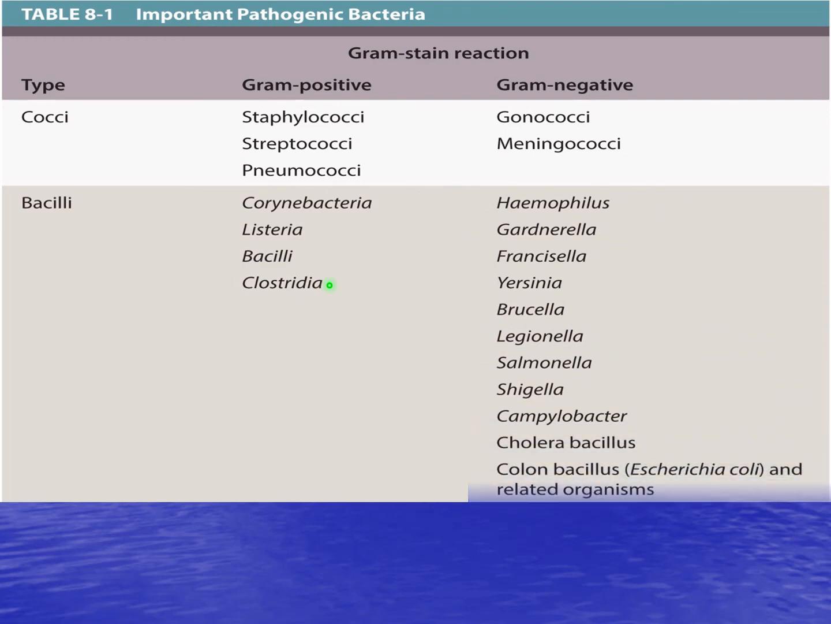Of the gram-negative bacilli, you can see that there's a huge list. Haemophilus is one of our major pneumonia bacteria. Gardnerella, Francisella tularensis causes tularemia. Yersinia pestis. This is a historically important bacteria because this is the causative agent of bubonic plague. Brucella, Legionella, Salmonella, Shigella, Campylobacter, the cholera bacillus, which I'll talk about here in just a second again, and then